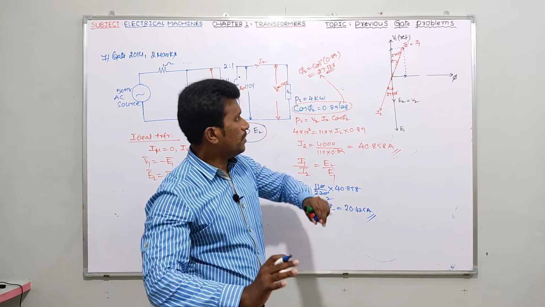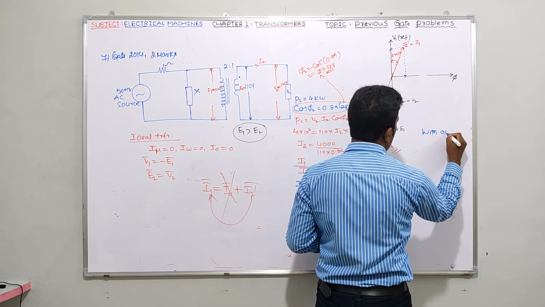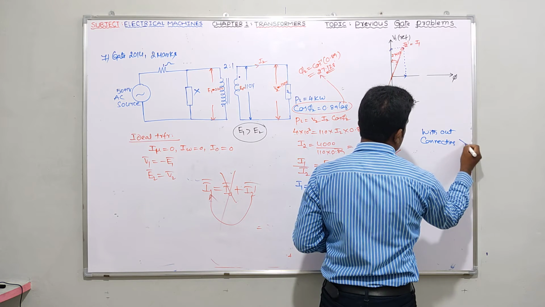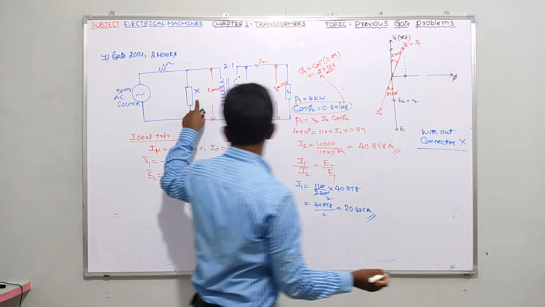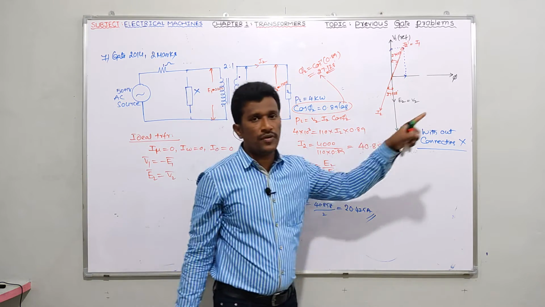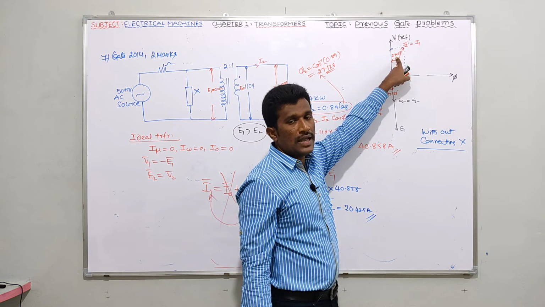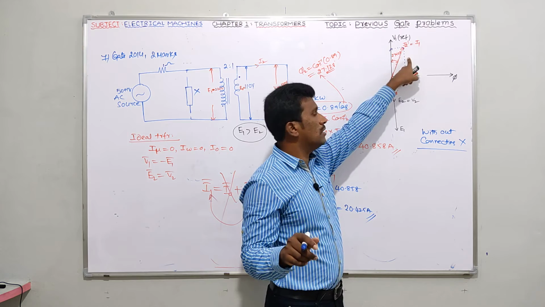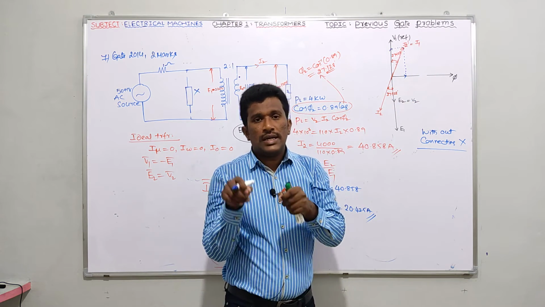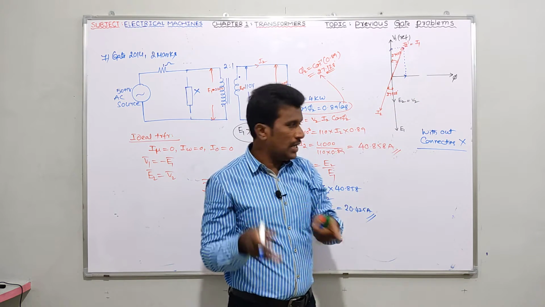Now if you try to understand, I am writing one point here: without connecting this reactance. If this reactance is not there, it is not there. Now tell me, what about the input power factor here? Input power factor means cos 27.128. Yes or no? Angle phi 1 is the angle between V1 and I1. So I got 27.128 only. So what is the input power factor without connecting reactance? Cos 27.128 once again means you are getting 0.89 only.